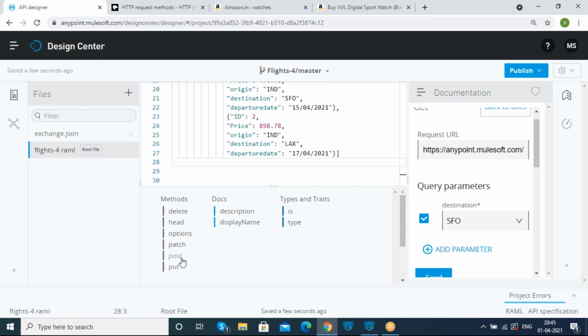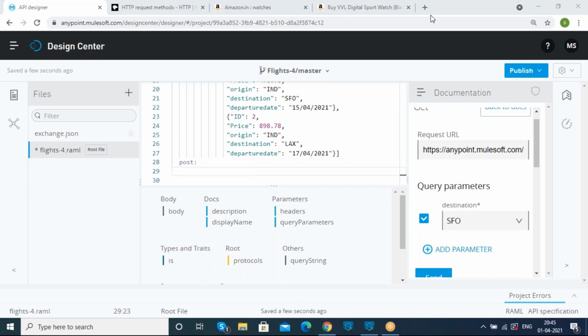Okay, so I'm just going to pick the post method from the shelf now. Here, under this post method, I don't want to display it as a post for the users.